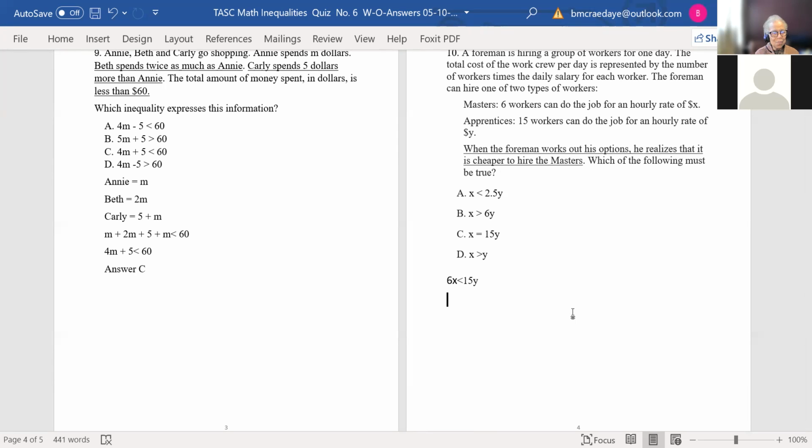I would put x, right? Now, what operation? 6 times x is a multiplication. To get just x, you have to do the opposite of multiplication, which is divide. So what would you divide by? 6. That's it. Very good. Divide both sides by